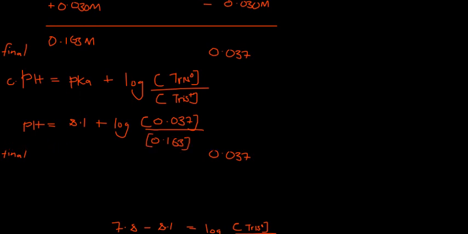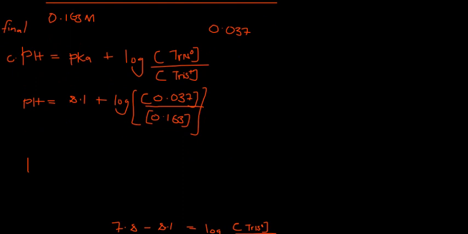These were the concentrations of the acid and the base. So we can find now the pH by saying pH is equal to 8.1 plus the log of 0.037 divided by 0.163,